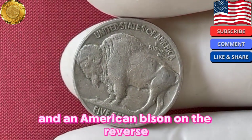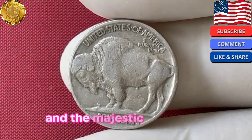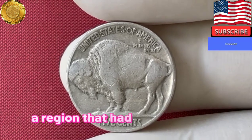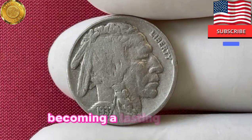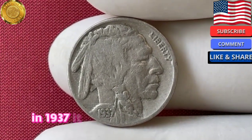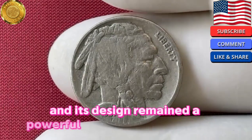on the reverse. The design was intended to honor the Native American people and the majestic bison, two symbols of the American West, a region that had long captured the national imagination. The coin was produced for over 2 decades, becoming a lasting icon in American coinage. In 1937, it was nearing the end of its production run, and its design remained a powerful symbol of the